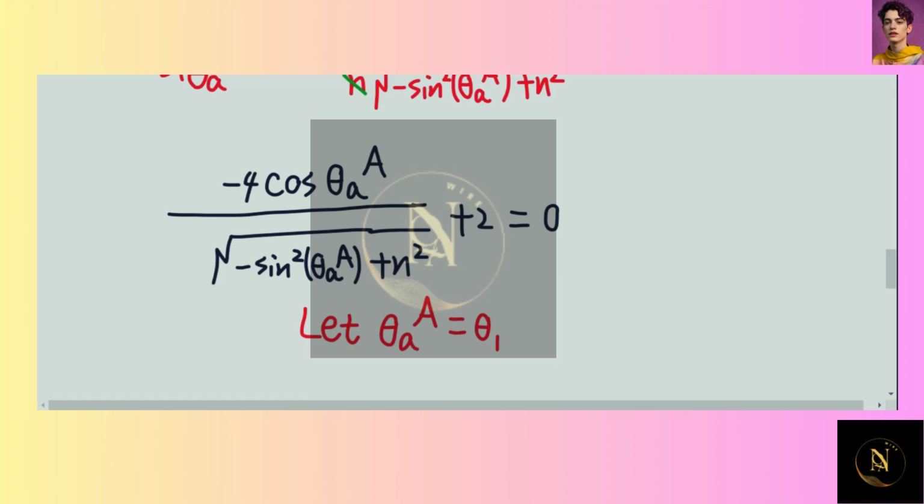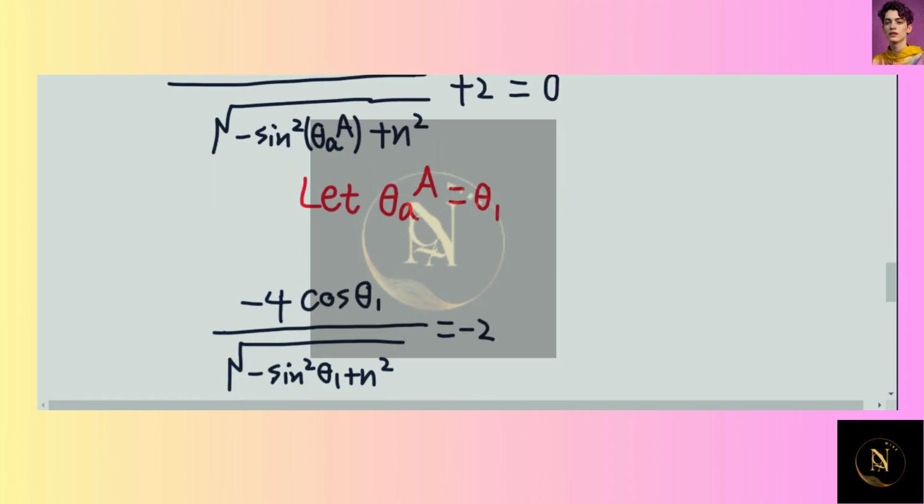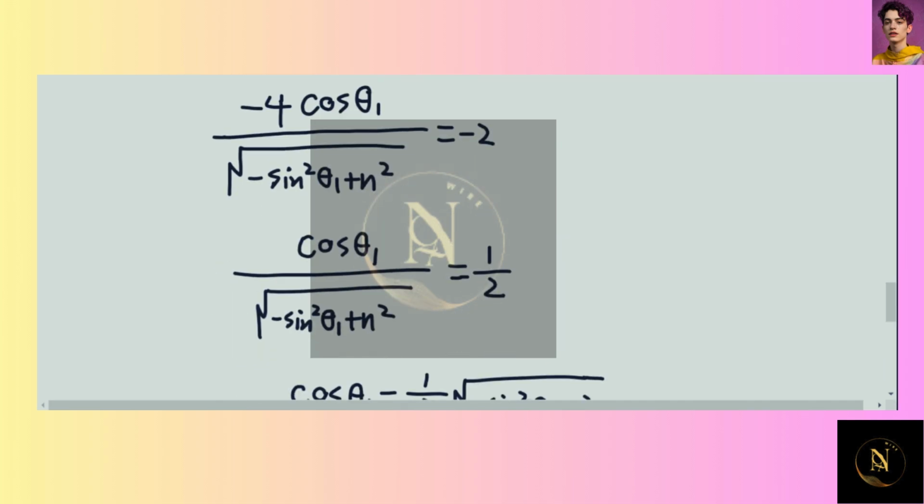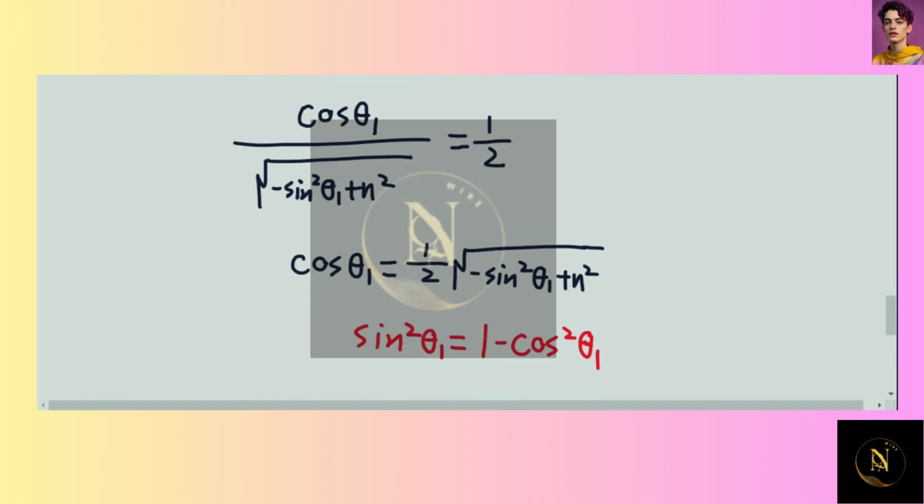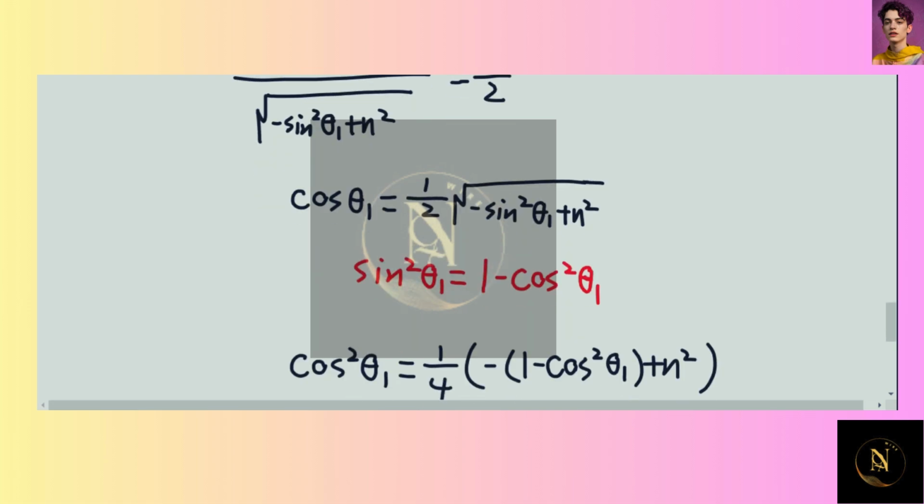So say that theta AA is equal to theta 1. So we have negative 4 cosine theta 1 over square root of negative sine square theta 1 plus n square is equal to negative 2. So therefore, we'll have cosine theta 1 over square root of negative sine square theta 1 plus n square is equal to 1/2. So we have cosine theta 1 is equal to 1/2 times square root of negative sine square theta 1 plus n square. And we know sine square theta 1 can be equal to 1 minus cosine square theta 1. So if we square each side and use 1 minus cosine square theta 1 substitute for the sine square theta 1, we'll have